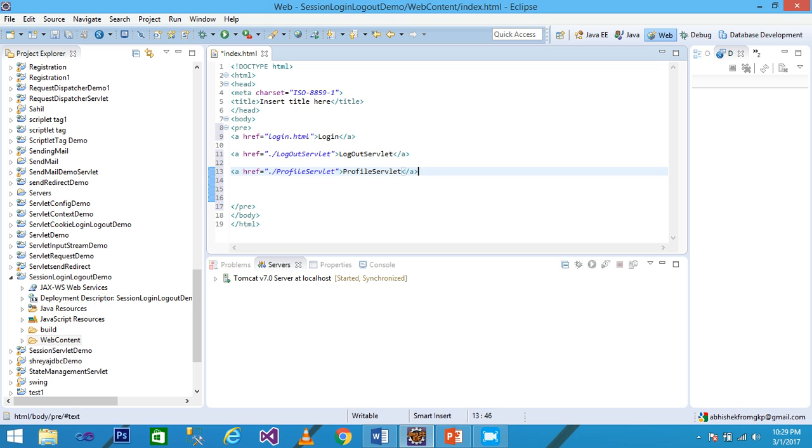Okay, in this file I am creating the login, logout servlet and profile servlet links. When we click on the login, then it will redirect to the login.html. When we click on the logout servlet, then it will redirect to logout servlet, and when we click on the profile servlet, it will redirect to the profile servlet. And then I save it, and again right click on the web content,